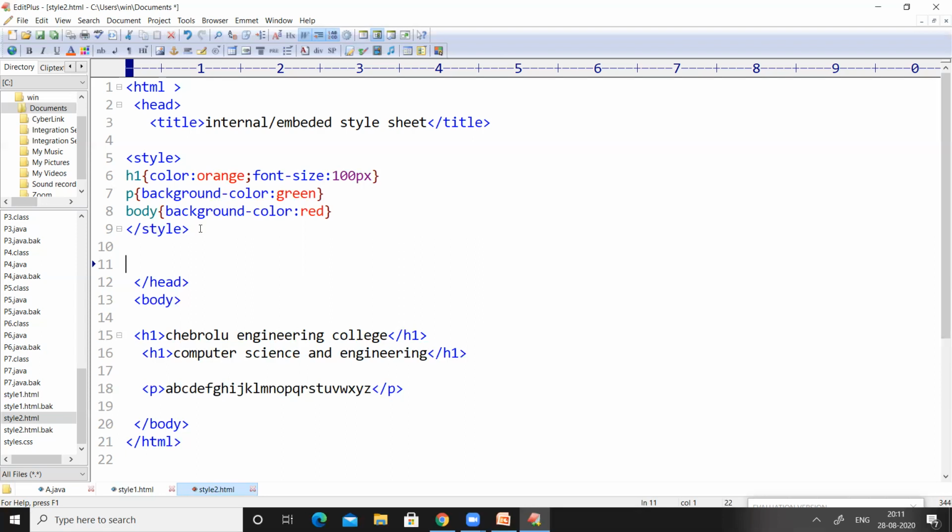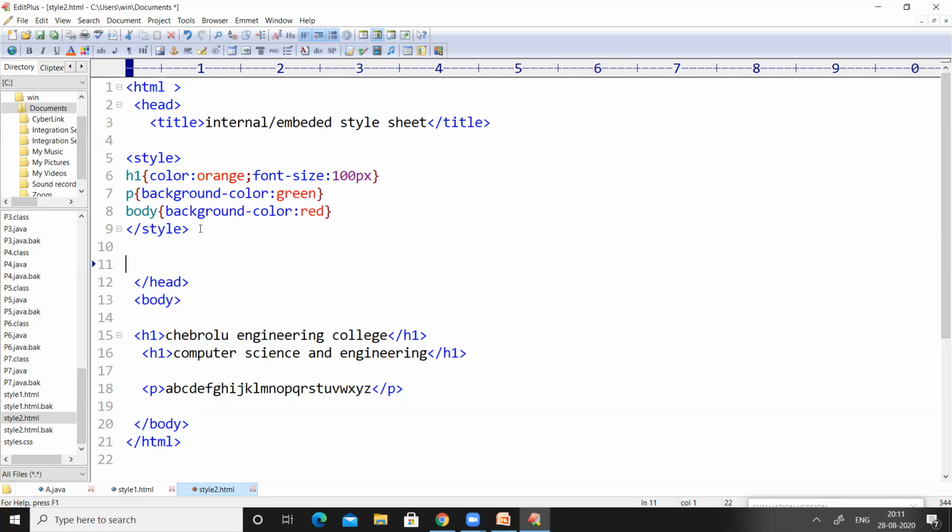Right? So in order to represent the CSS code in internal CSS, we use a style tag, the style start tag and style end tag. In between these two tags, we write some code related to styles.